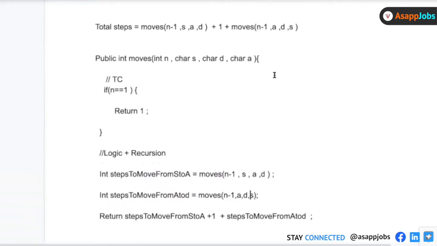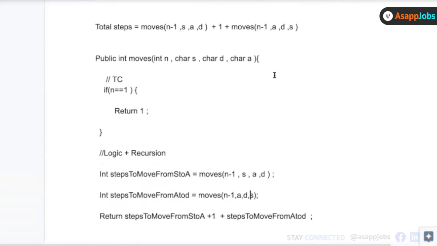Don't try to memorize, just try to think about the steps. Whenever you're solving any recursive problem, you should be very clear about the method definition, and it's very important. If you're clear about the method definition, you can always use it intelligently to make a recursive call, right? Does this make sense? Is it clear? Any doubts on this question?